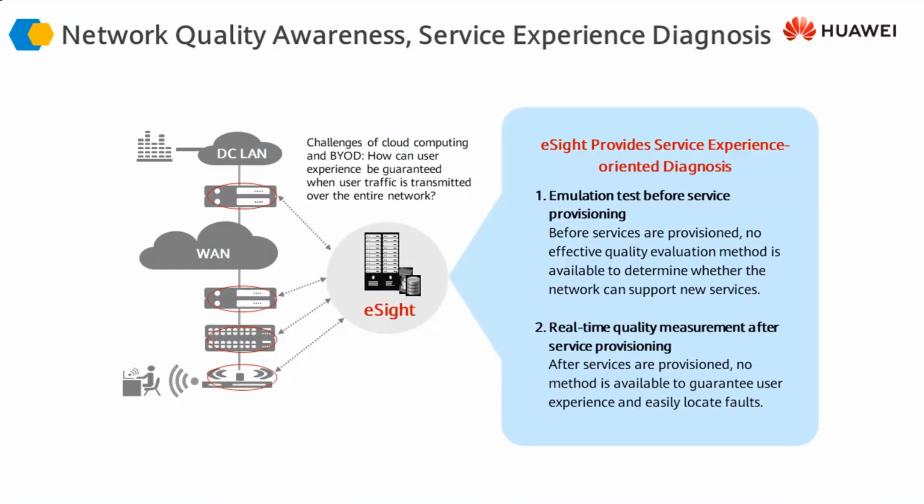What eSite does for us, or what this NMS does for us, is that it helps us identify the quality issues and service quality issues and network quality issues as well. So if the network devices are facing any degradation, or if any of the services running on the servers are facing any issues, the NMS or eSite can help us identify those problems in real time and troubleshoot those problems appropriately.